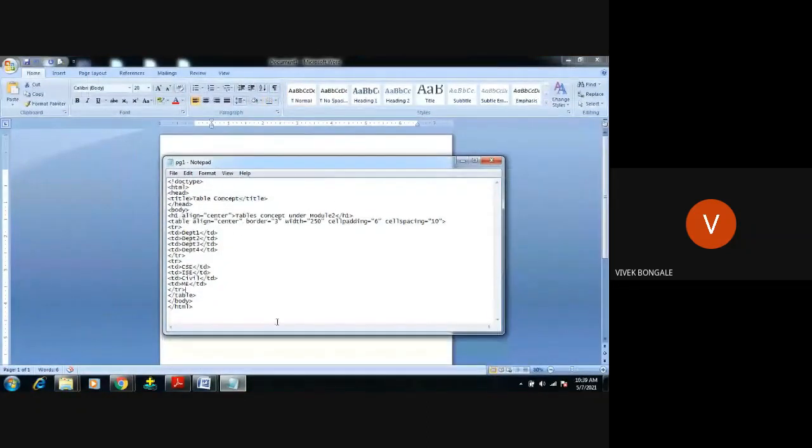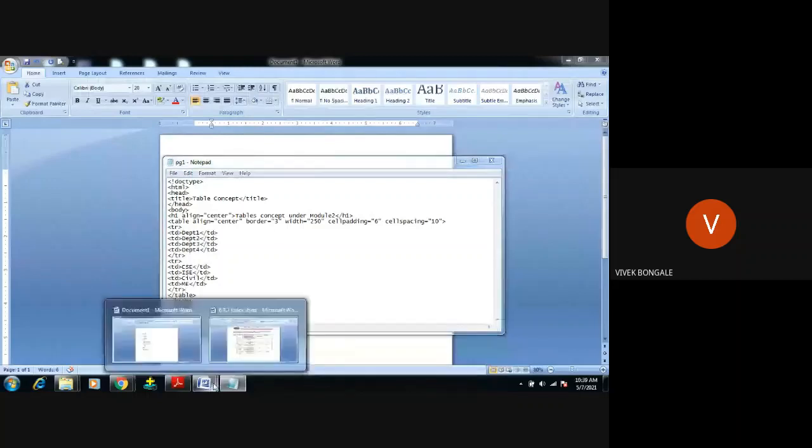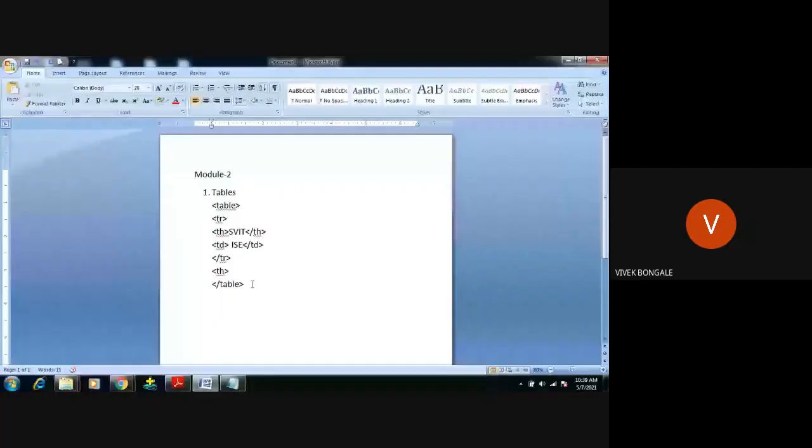For that we have a tag called column span and row span.